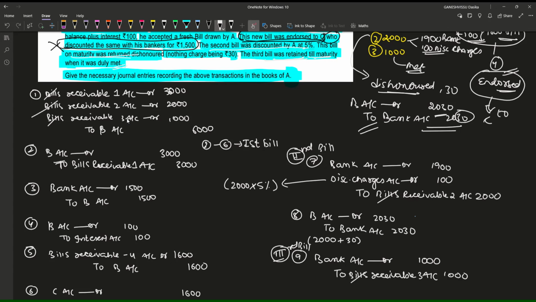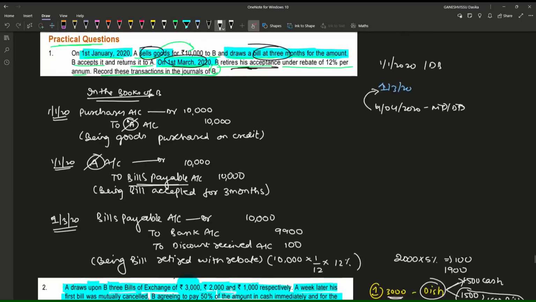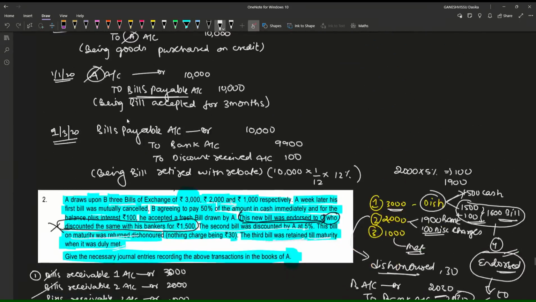Eighth entry narration: being bill dishonored and noting charges paid. Ninth entry narration: being bill discharged with cash. So that is what the second question completed. Now let